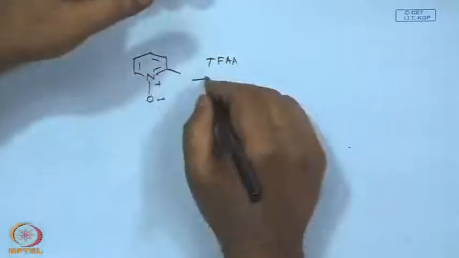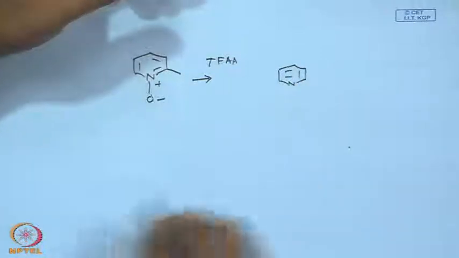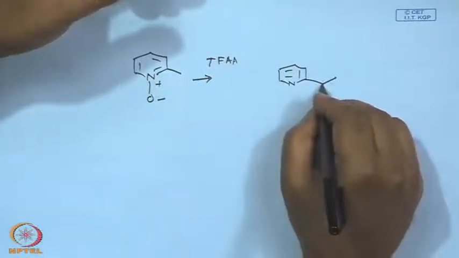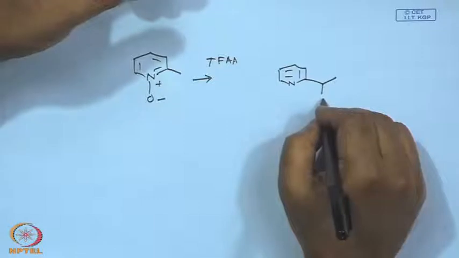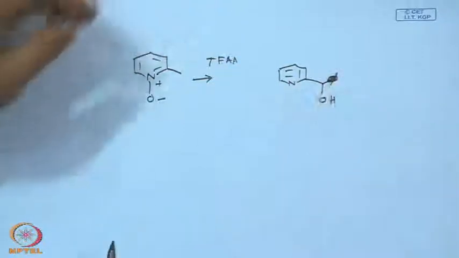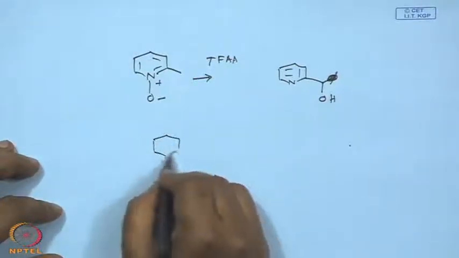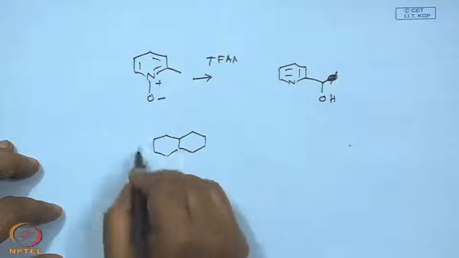Trifluoroacetic anhydride, perfect. So, what will you be getting? You will be getting this pyridine nucleus now, and the side chain is now functionalized. The side chain is functionalized, and you will be getting this OH here,